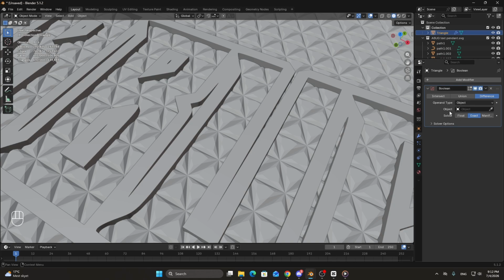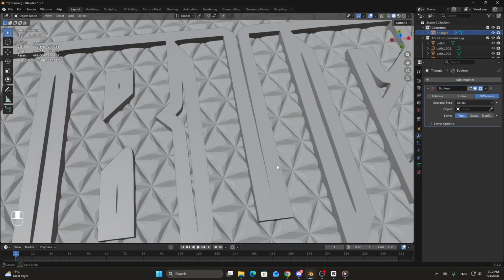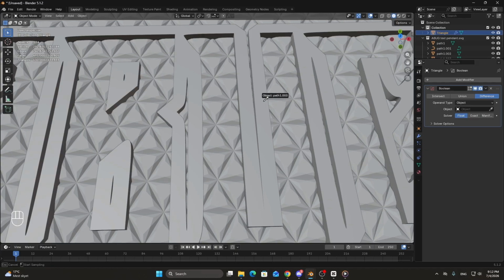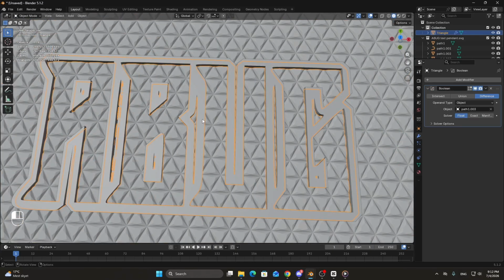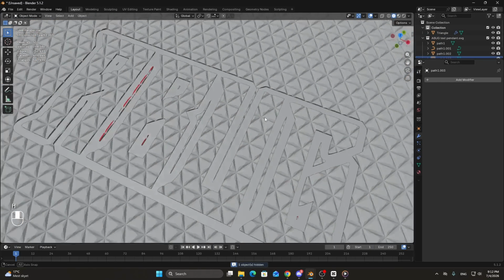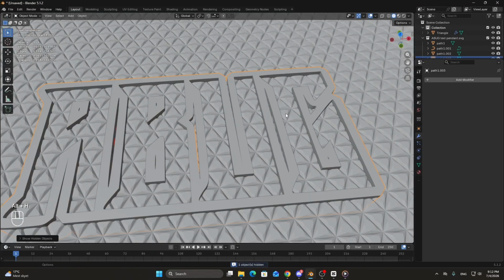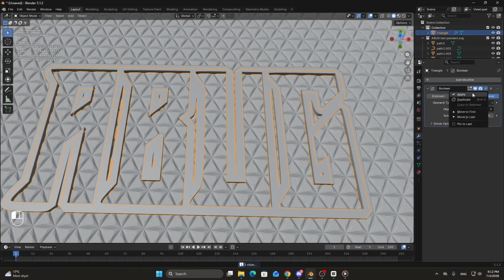For the diamonds, you have to press float here, and then you select this layer. As you can see, if I now hide this, the diamonds are lined up. Then apply,